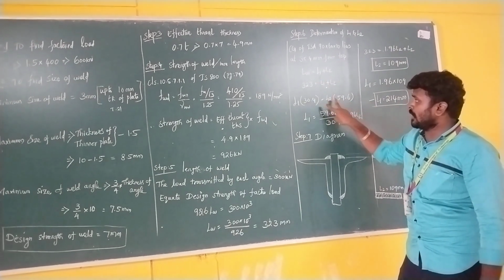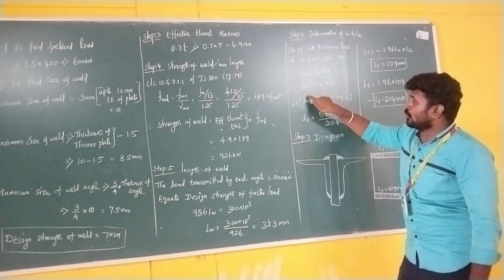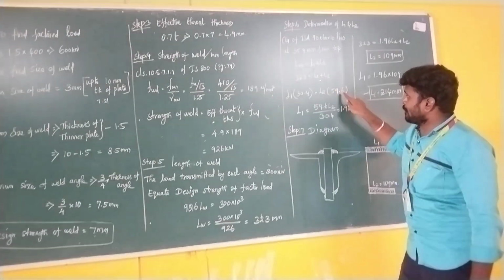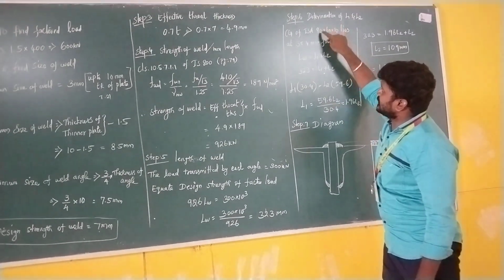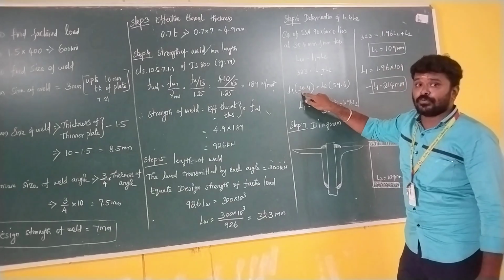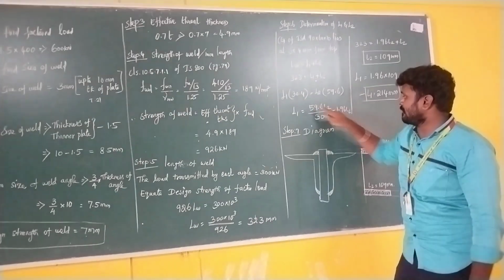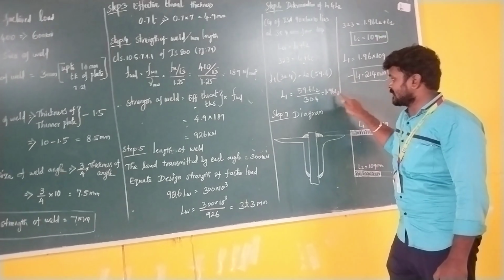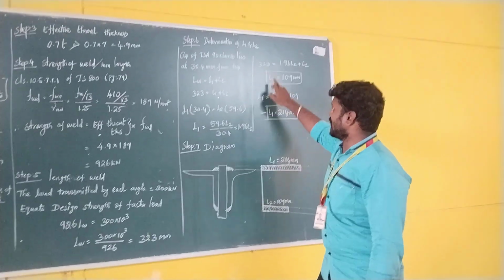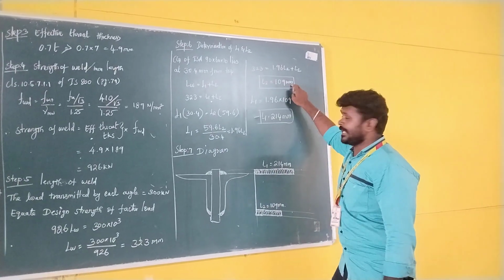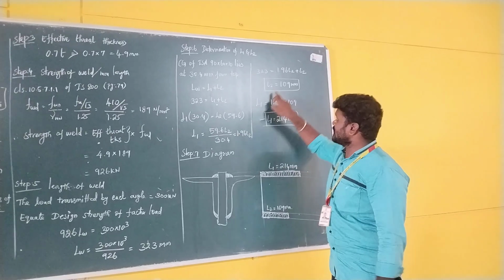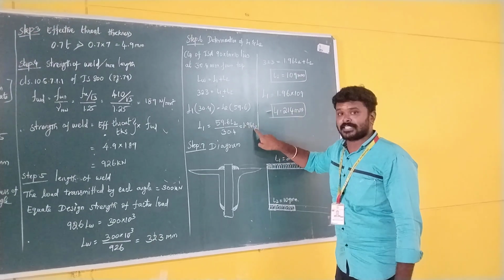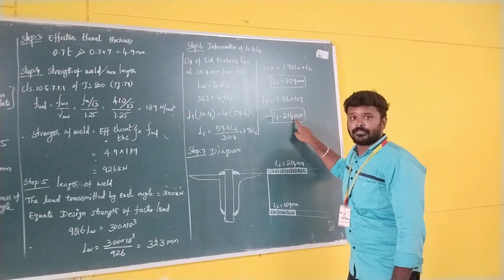So we equate L1 and L2. The 30.4 is taken from the steel table. The remaining 59.6 is from the 90 length. So 90 minus 30.4 is 59.6. We get the value of L1. So L1 is equal to 1.96 L2. Next we find the value of L2, 109 mm. Substituting L1 as 1.96 L2, we get the final value of L1.